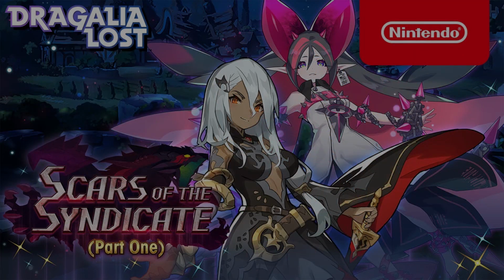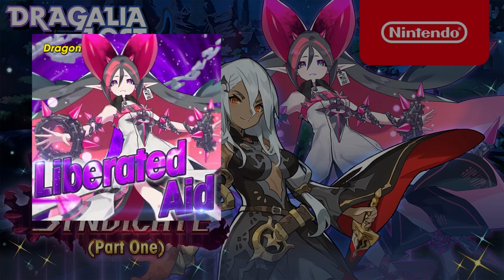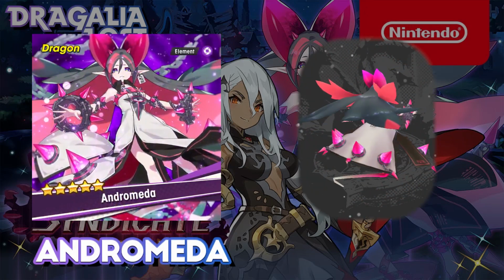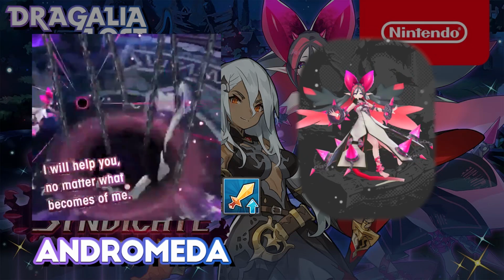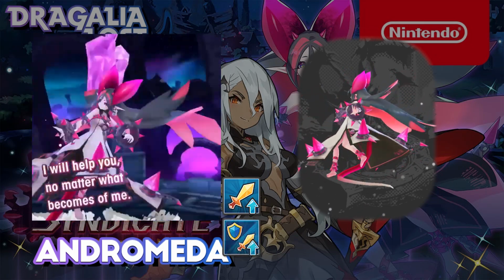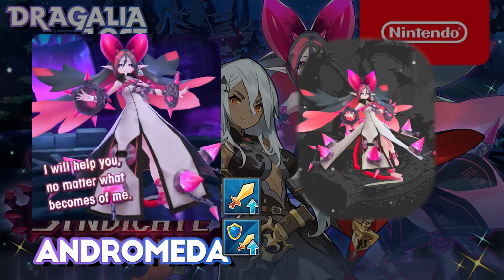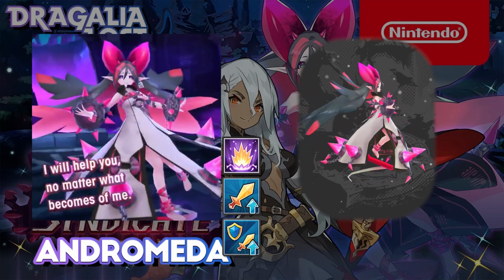Elsewhere in the showcase we have the 5-star Shadow Dragon, Andromeda, the Liberated Aid. She grants shadow units 40% strength, and when their hit points are at 30% or below, they also gain an additional 40% strength and 100% defense, halving the damage taken. Her skill is Unblessed Bonds, dealing damage to a target and nearby enemies and buffing the team's defense by 30%